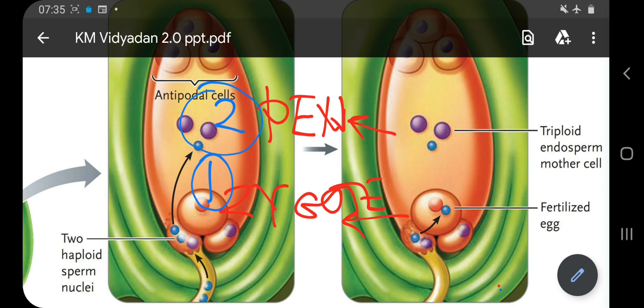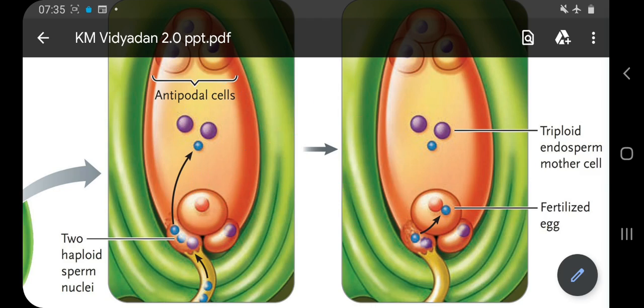And one more thing, the second fertilization which I was talking about, the fusion of three nuclei, two polar nuclei plus one sperm nucleus, is called triple fusion. So when we talk about double fertilization or triple fusion, these two features are very important from the point of view of the NEET examination also. So double fertilization and triple fusion are characters of angiosperms. This is a very important thing for you students. Now